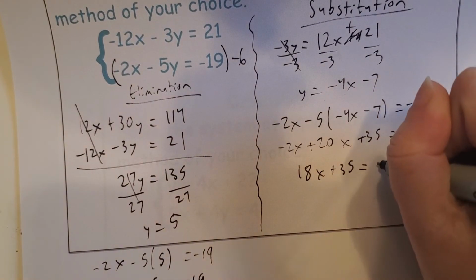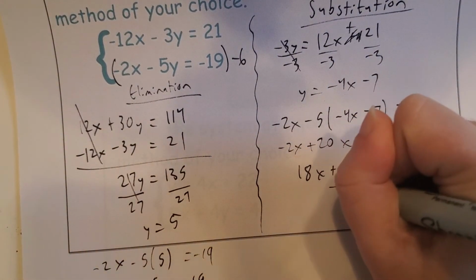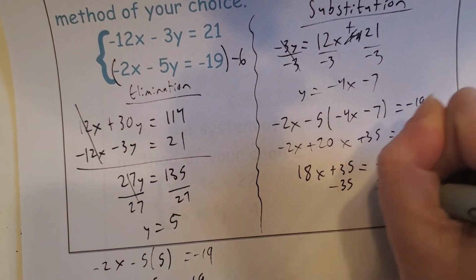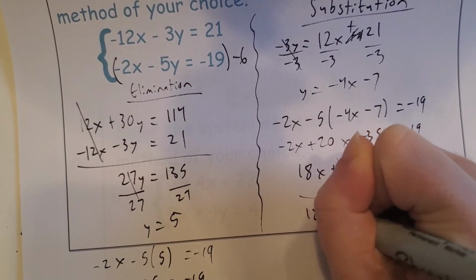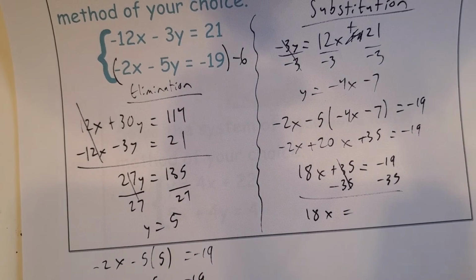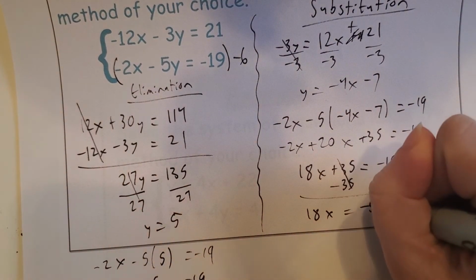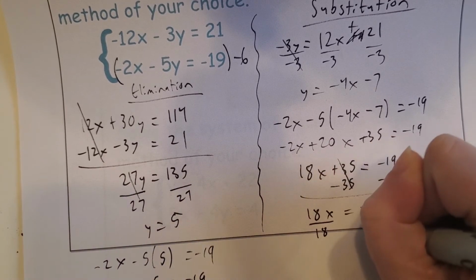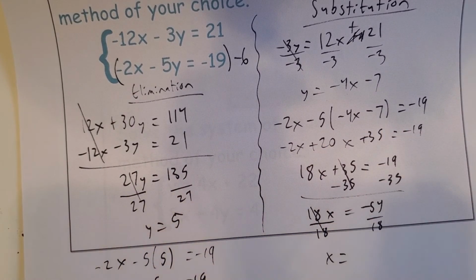Okay. Plus 35 equals negative 19. What is negative 19 minus 35? It is negative 54. So divide by 18. X is equal to